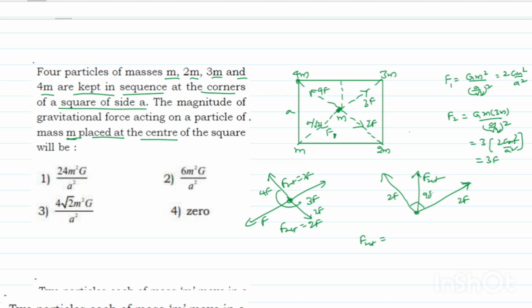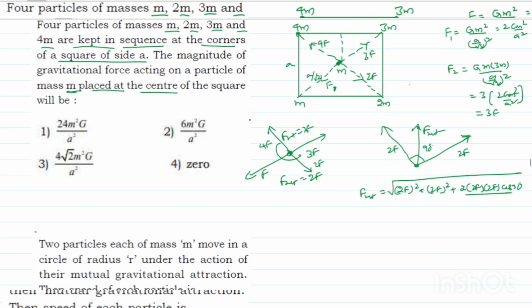So now you can take 2F whole square plus 2F whole square plus 2 into 2F into 2F into cos 90, and this value will be 0. So 4F square plus 4F square is 8F square. So we get 2 root 2 F, which is 2 root 2 into the initial value of F, which is nothing but